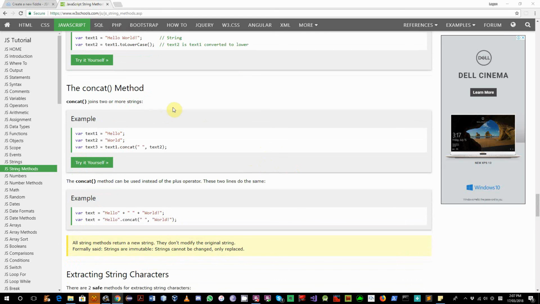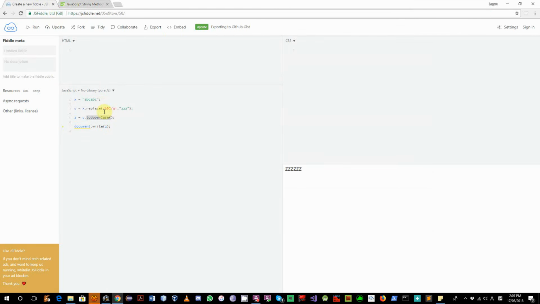Okay, so the concat method of array and the concat method of strings are different in that for the array you just concatenate and create a new longer array, but in string you also have a delimiter. So for example, if I have hello and world,